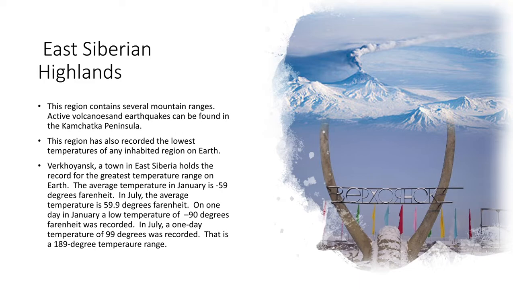So what do I mean by the largest temperature range? On one day in January, a low temperature was recorded of negative 90 degrees Fahrenheit. Negative 90, okay, 90 degrees below zero. And in July, a temperature of 99 degrees Fahrenheit was recorded. That's a 189-degree temperature range. So from January to July, the temperature can swing 189 degrees, and no other place on Earth has a larger